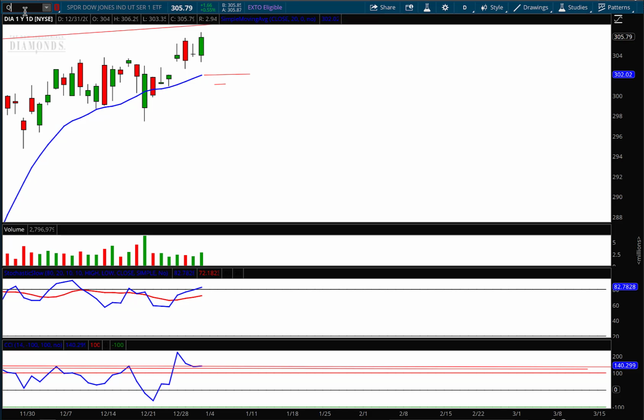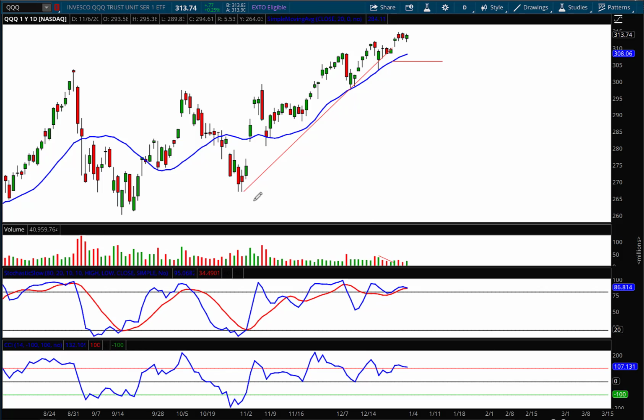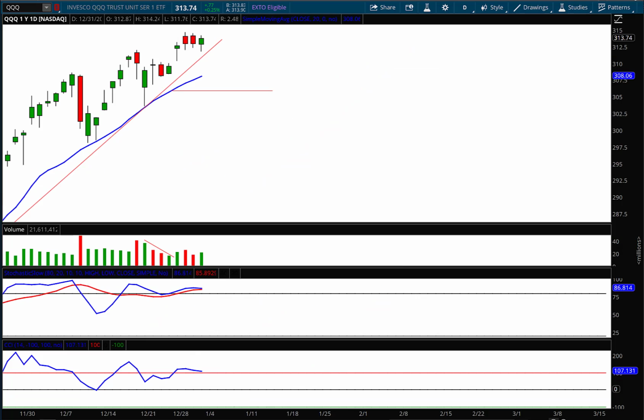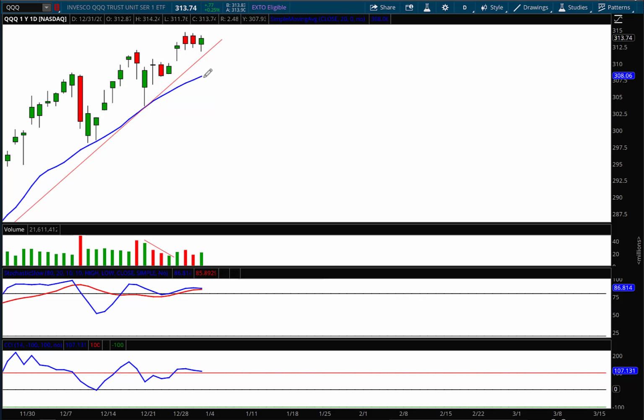Looking at the Qs, this is basically the NASDAQ market. QQQ, you can see, same thing. I established this as the trend line, and you can see we're still holding that. Let me just extend that out now. That trend line is still holding. It's a short-term upward leg. Now, with the Qs, you could get a little bit more aggressive with your stop and put it right below that trend line, but I'm going to be a little bit more conservative and move that support level up to